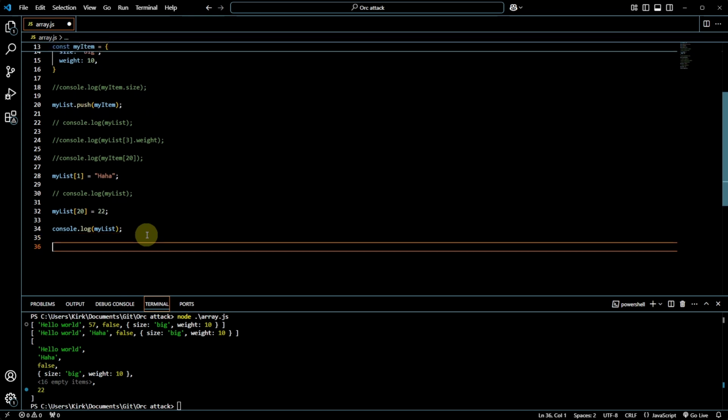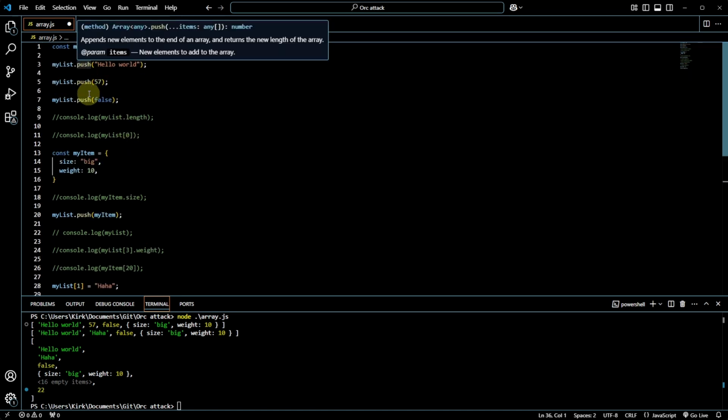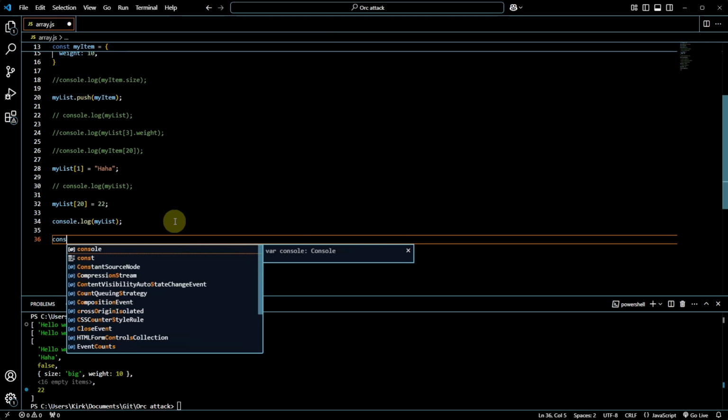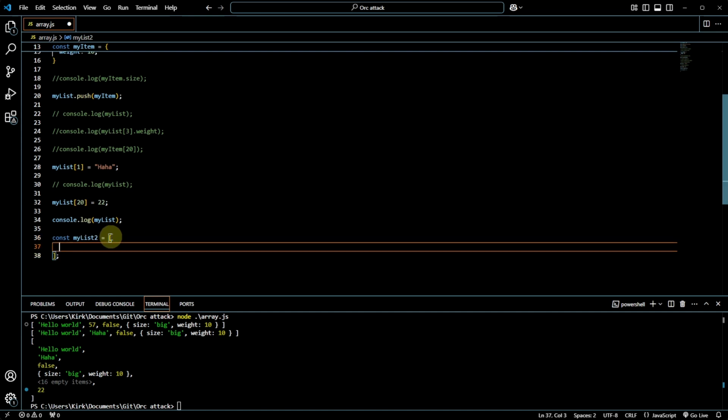I want to show you a different way to set up a new array. Because this thing where I create the array and then I push and push and push can become a little bit annoying if we have to create a lot of things initially. So I can just say const myList2 equals, and then inside here I press enter. So just like with the, no, this is not curly brackets, this is square brackets. Inside here, the square bracket jumps down to the next line,